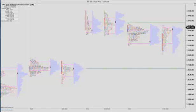So what you're looking at here are the profiles. This is what occurred today. This is what occurred overnight, this profile here, and this is what occurred yesterday. So we were thinking that the market could dip into and below the 1270 area with the next area of support around the 65 or so, and then down even lower,